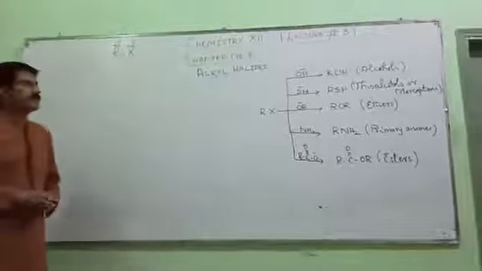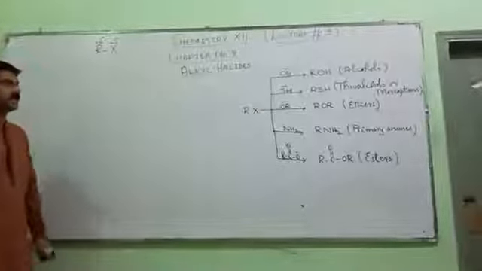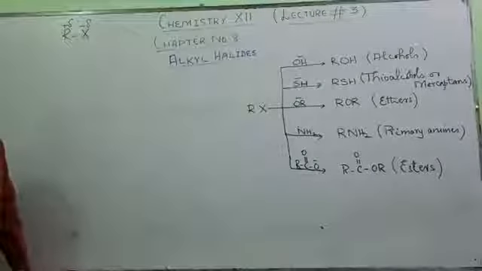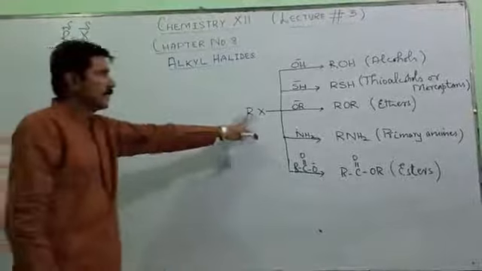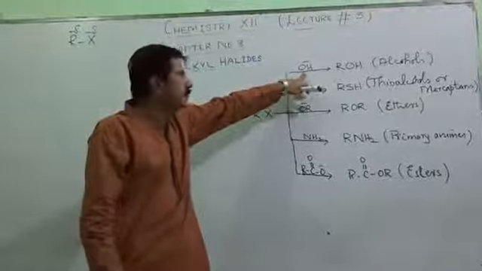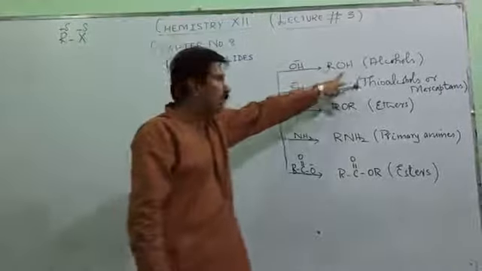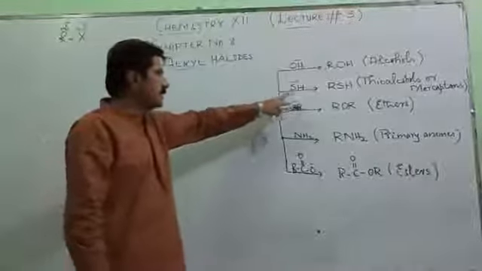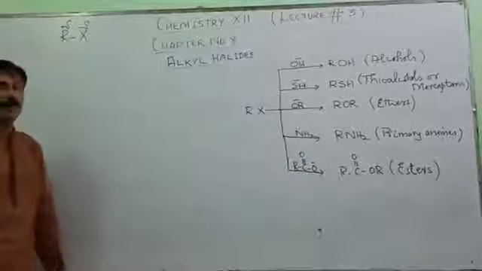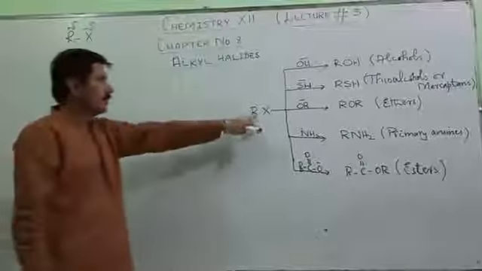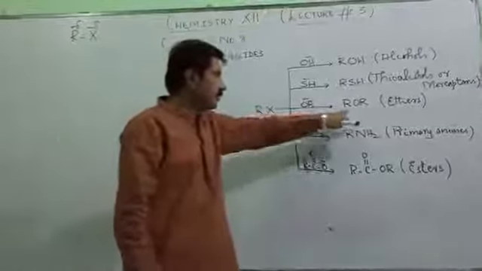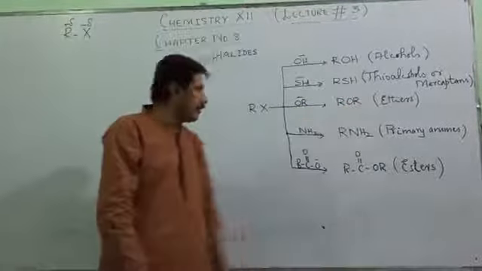These are a few strong base nature nucleophiles which can be reacted with the alkyl halide molecules to give you certain nucleophilic substitution products. When alkyl halides are reacted with OH group containing compounds, they will give you alcohols. When an alkyl halide molecule is reacted with the SH group, you will get the products as thioalcohols or mercaptans. Alkoxy group replacing this halogen atom makes its bond with R to give you ROR, meaning ethers are formed.